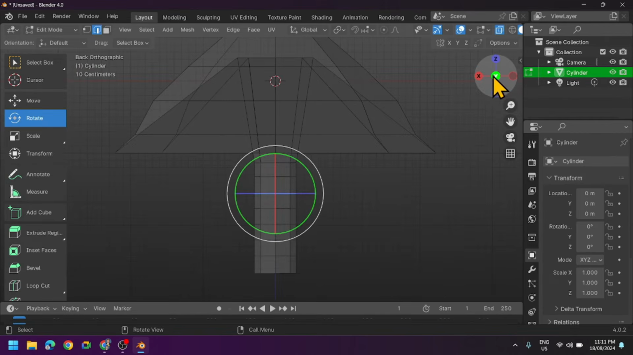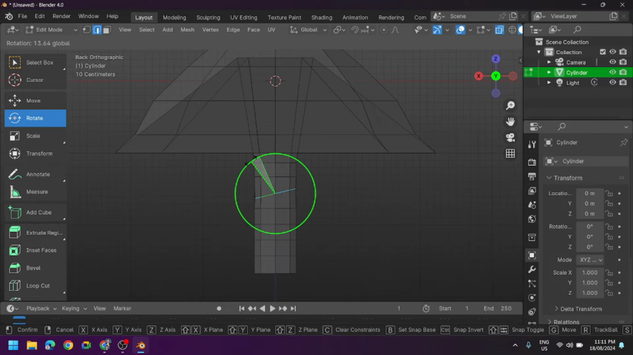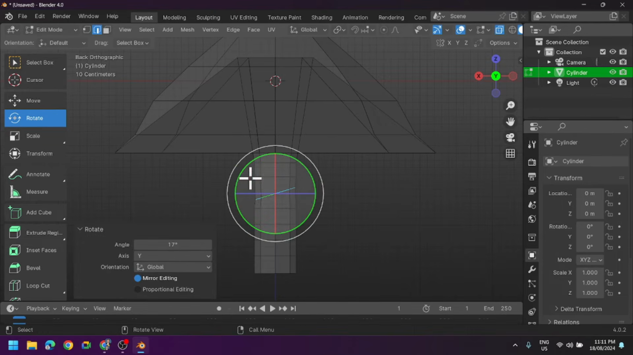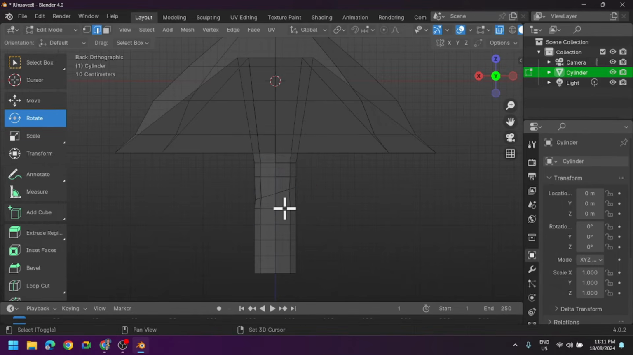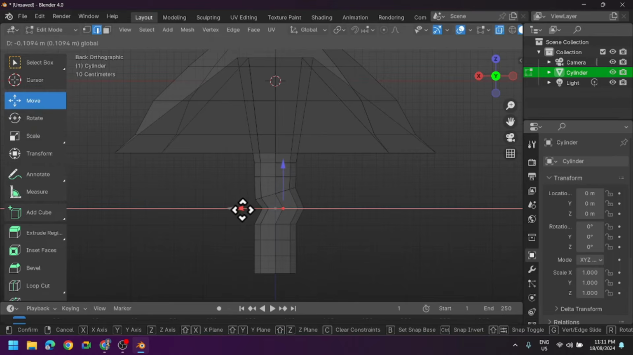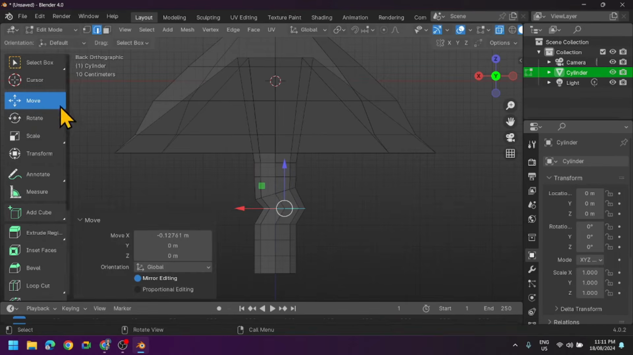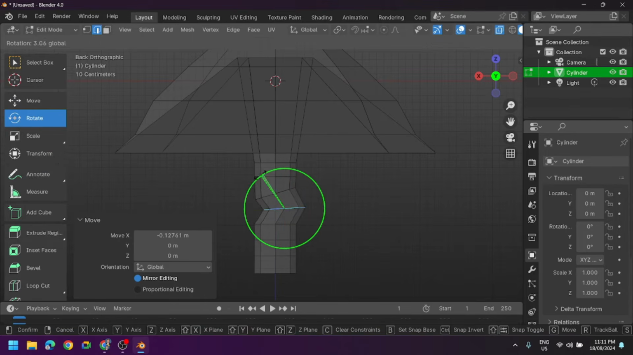Let's go to our front view. I will rotate this area, and then select the next one, Shift Alt. Let's move this one, and then rotate. So as you can see here, we have